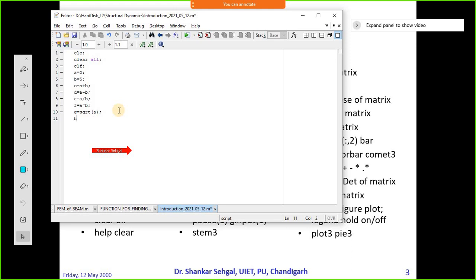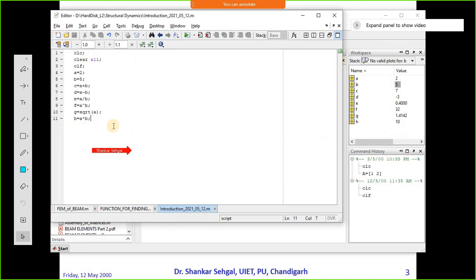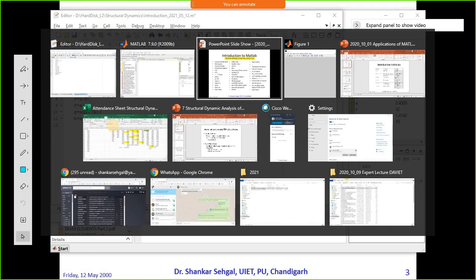Let's say H equal to A into B. In this, the multiply sign is actually the star sign. So semicolon, press F5 and see the output: H equal to 10. 2 into 5 is 10. So these are the basic mathematical operations. Then